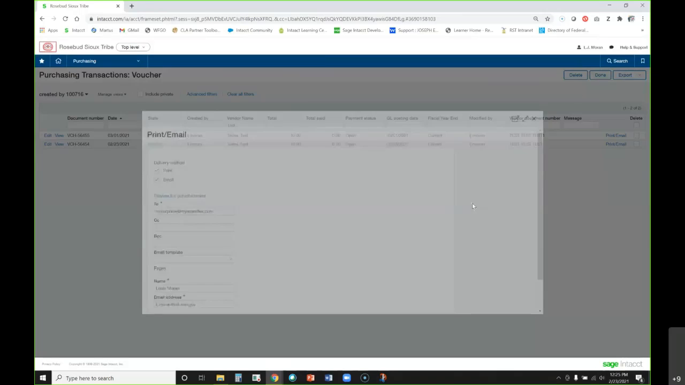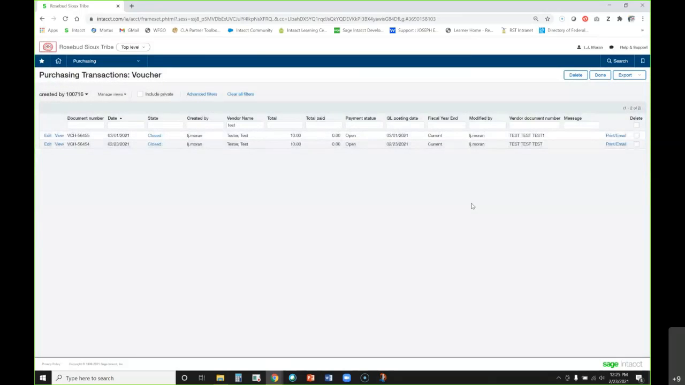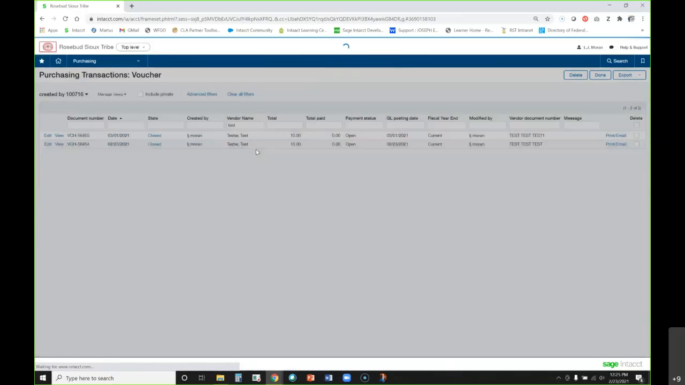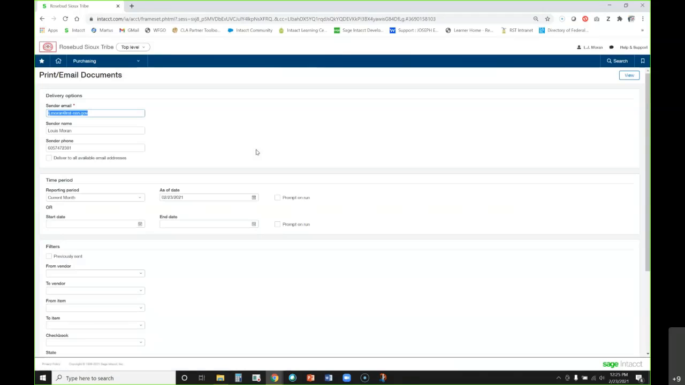So we can do that one at a time, or if we had multiple requests under purchasing, you can go to print or email transactions. Address your email and name up here, your phone number that they can contact you at. And so if we're going to use those 2 vouchers, say we wanted to print them all at the same time and not have to find them one by one,